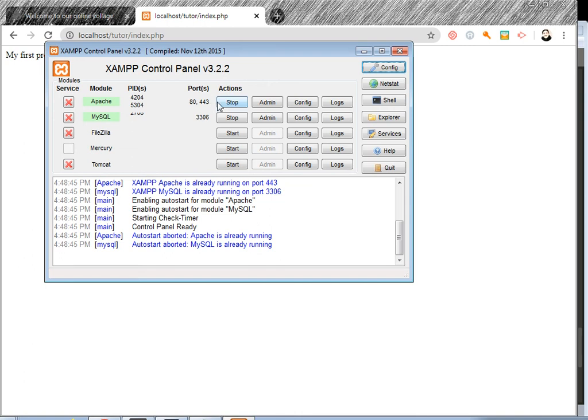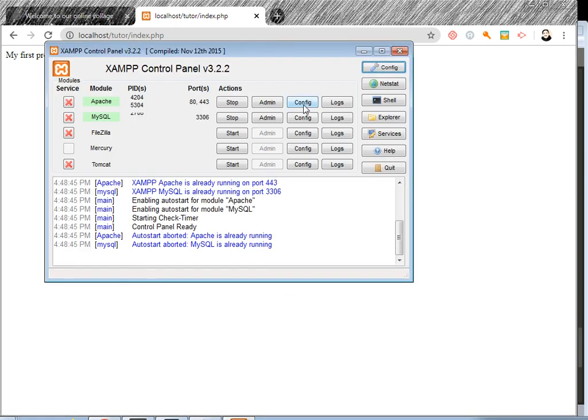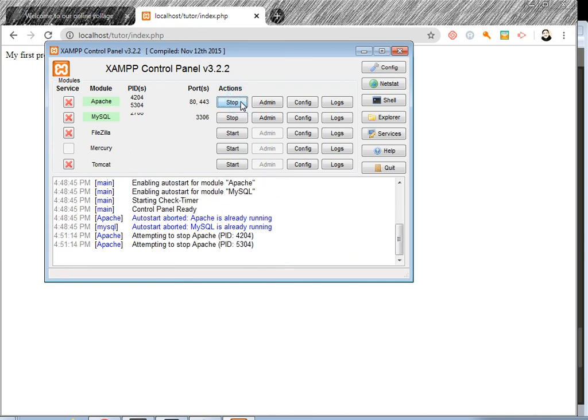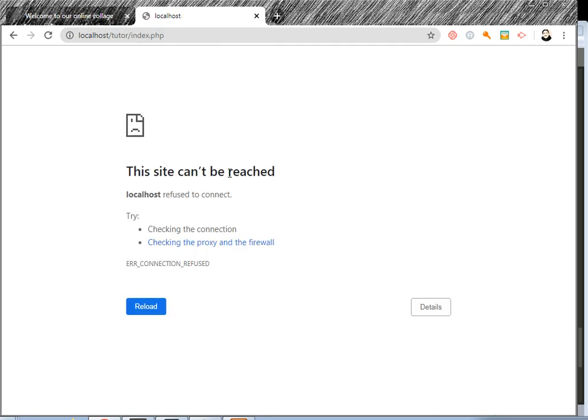Right? Okay, and the web server must be started. The web server Apache must be started. Okay, now I stop it. Okay, stop and see the output. The site cannot be reached because there is no localhost, there is no web server on the local machine. Our web server is there, it has just not been started yet.